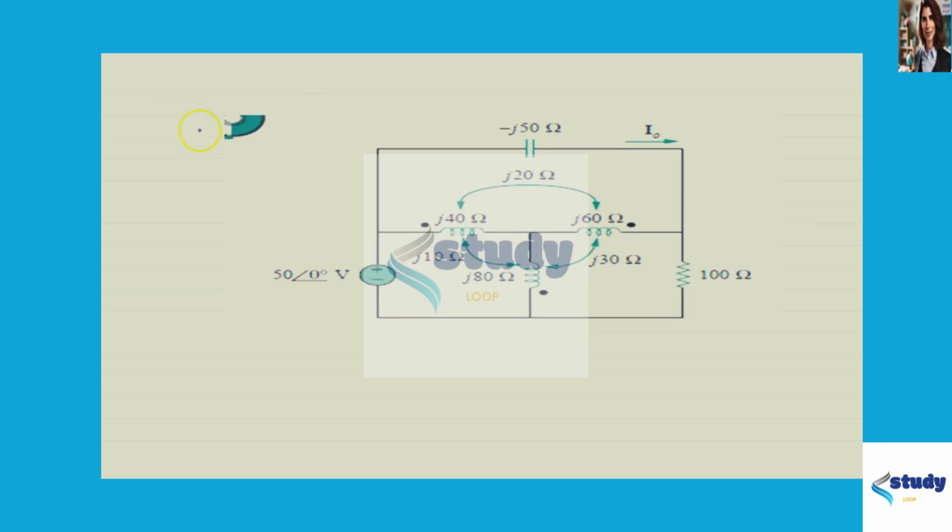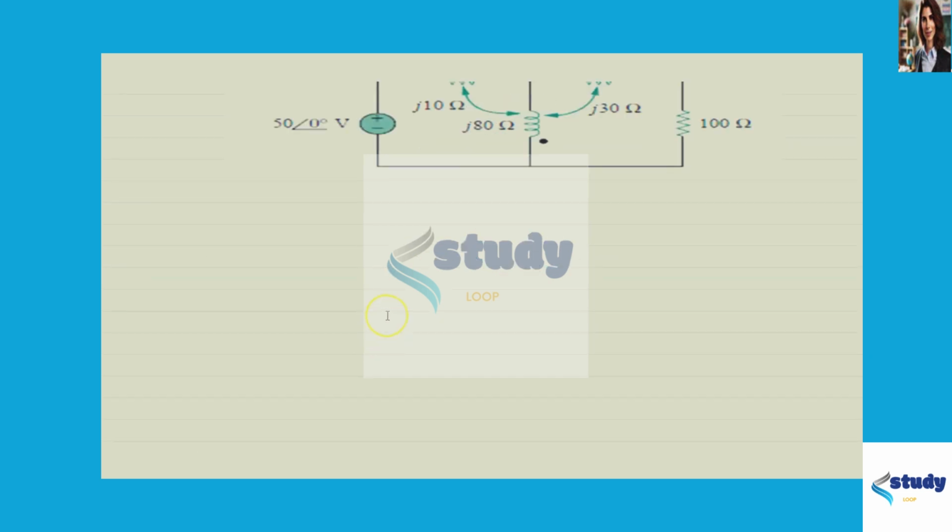Hello everyone, let us do the following question. We have to solve this question by using PSpice. This is the diagram. Firstly, if we have to solve this by PSpice, we will find the value for k. Now we will write here the value.